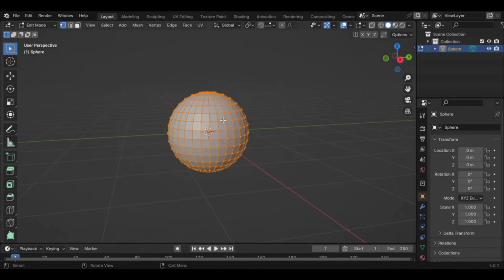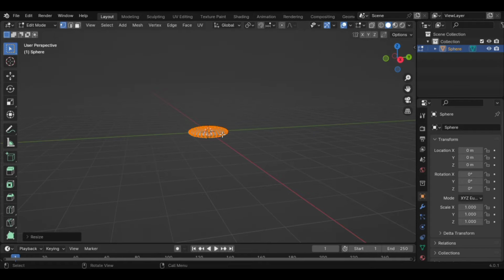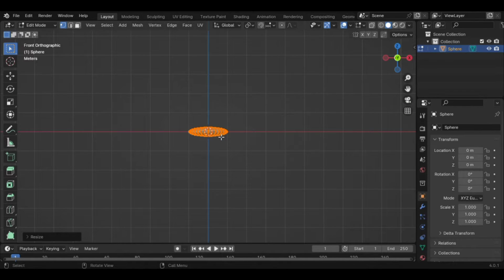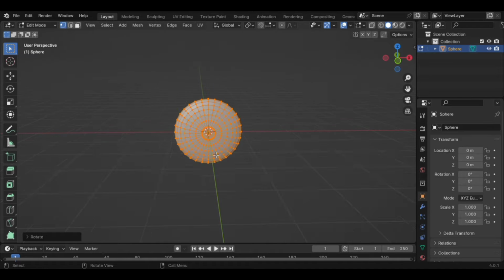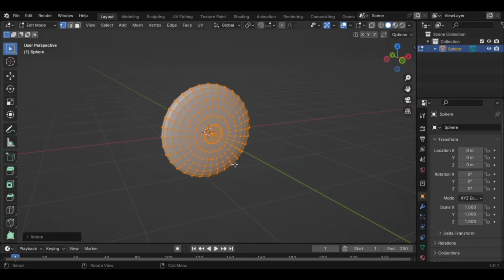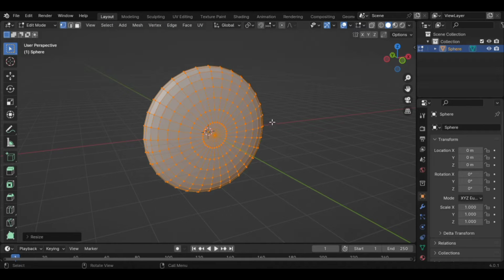With this selected now, you want to scale this in on the z-axis like this. Something like this should be fine. Make sure you're scaling on the z-axis because that's the only way this can work. You want to go RX90 like that and scale it out like that. Then what you want to do with everything active,